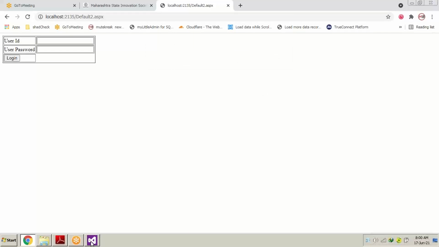I think I have to save this and then refresh the page. Okay, so just see what we did. We have taken a TR for the third time, and inside that table row we have taken only one TD, and to that TD we added some small text which says colspan 2, meaning the last TD will be equal to two columns, two table datas. As the alignment is center, our login button is appearing in the center.